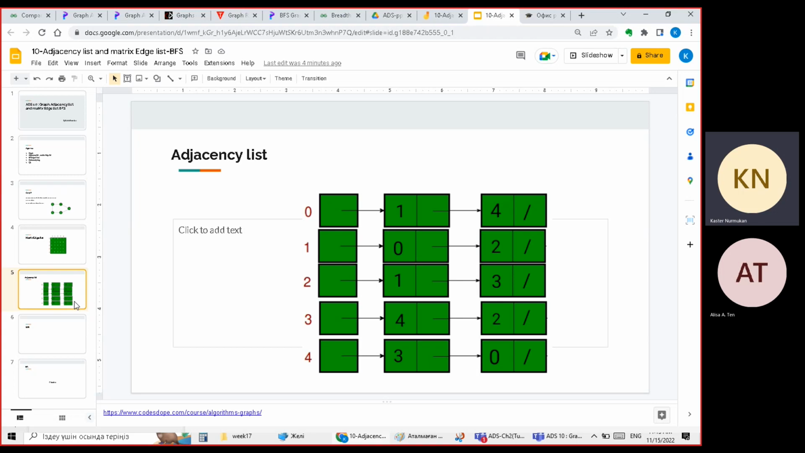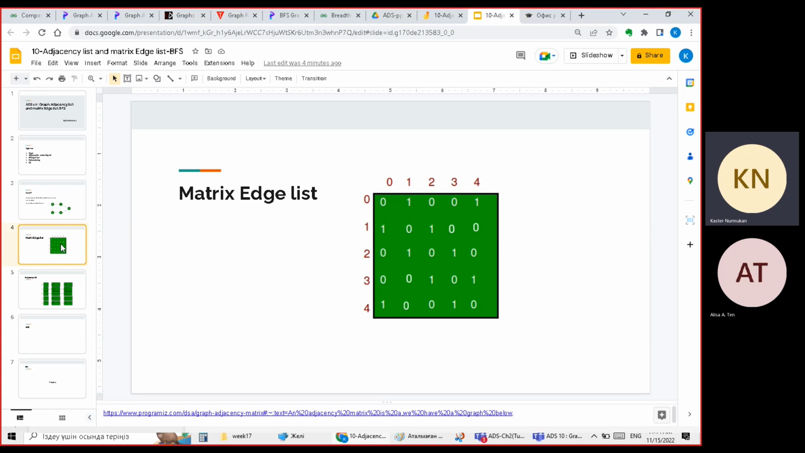So this 0 has 2 neighbors, 1 has 0 and 2 neighbors, 2 has 1 neighbor. So it's a kind of combination of the vector and the linked list, or you can call it the array plus linked list. But compared to the matrix edges, there is a lot of space wasted. We don't use the zero, but actually we store it. So that's one